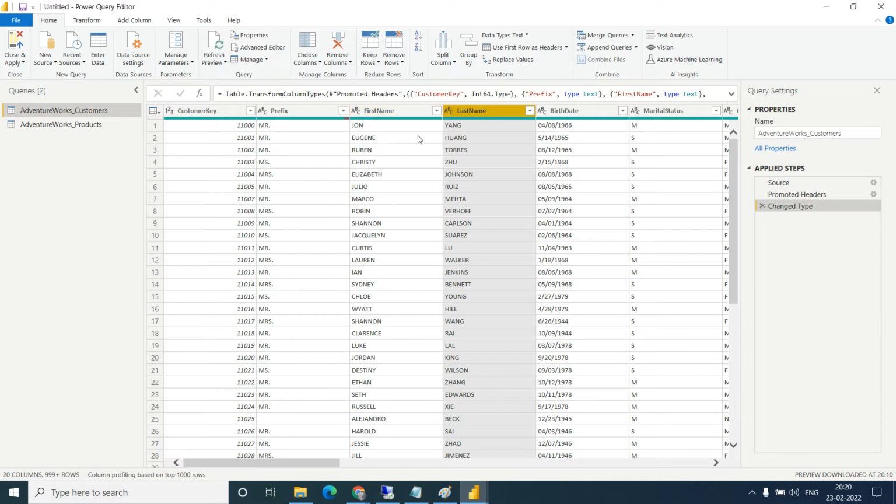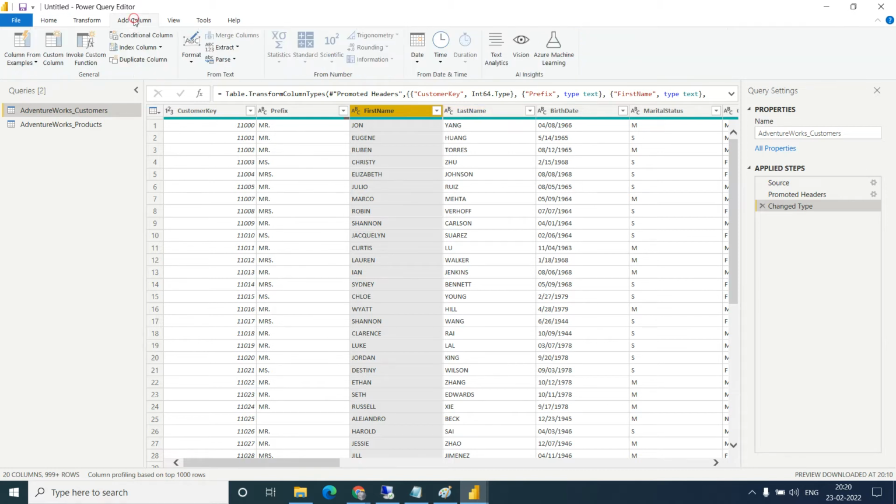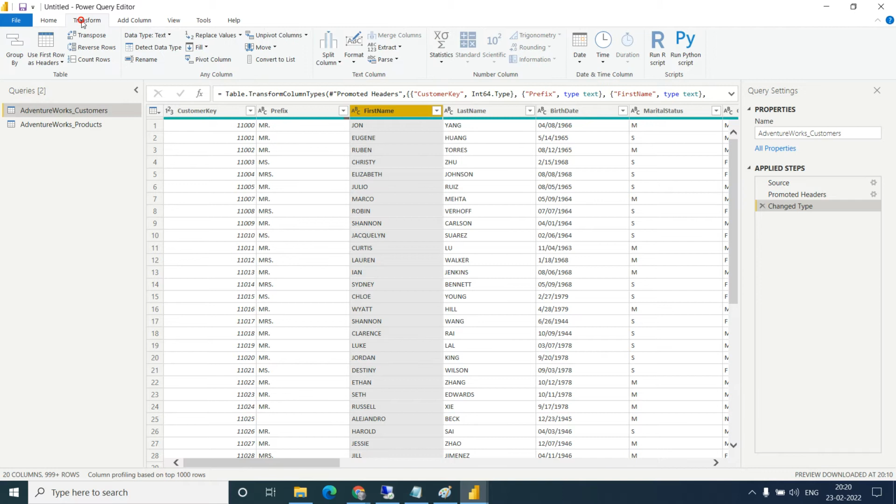So I want to make a full name, so I will be selecting combine. There is a way that we can combine the 2 columns.